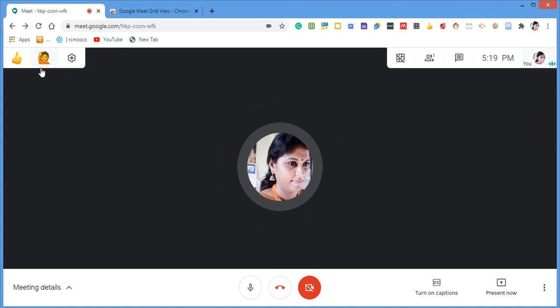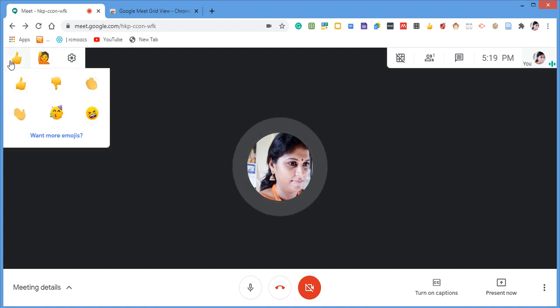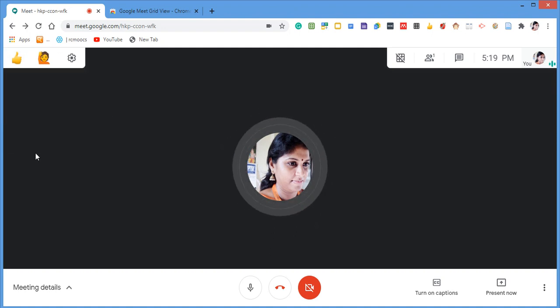As you are seeing here, this is also an extension button. It will be visible only after adding it. Whatever reactions you want to show towards the meeting, you want to clap, or give the thumbs up, or raise a hand, or laugh at a joke told by the person presenting, or cheer, all these things can be done in the form of these emojis and you can give them in the meeting. This is also one of the reactions which you can show in the meeting.